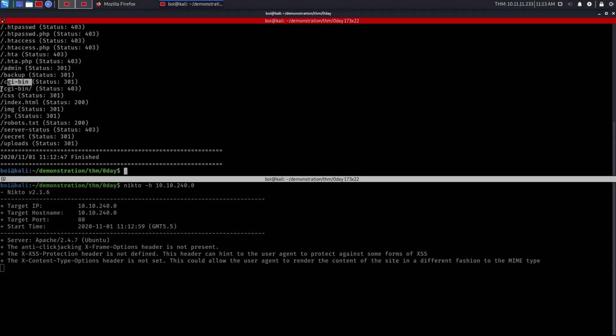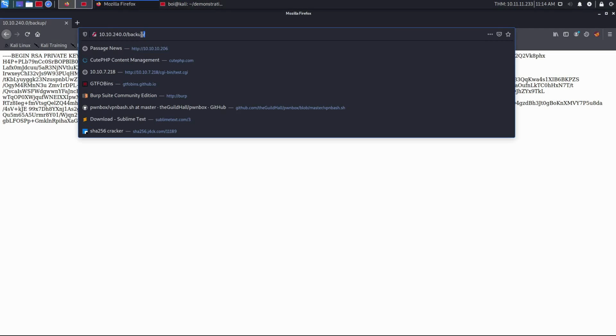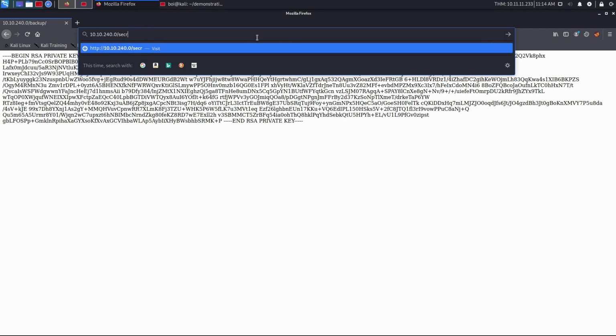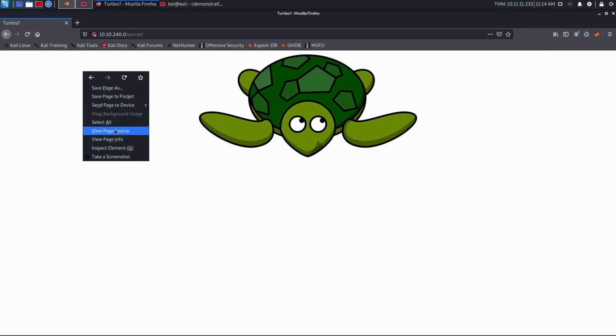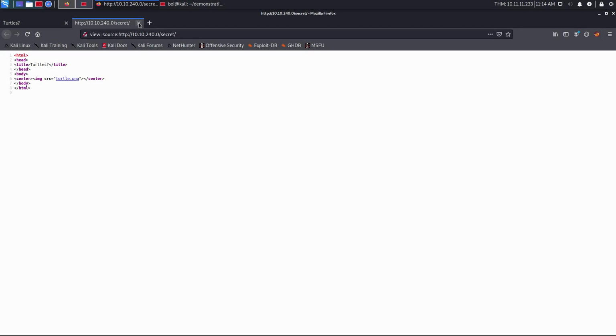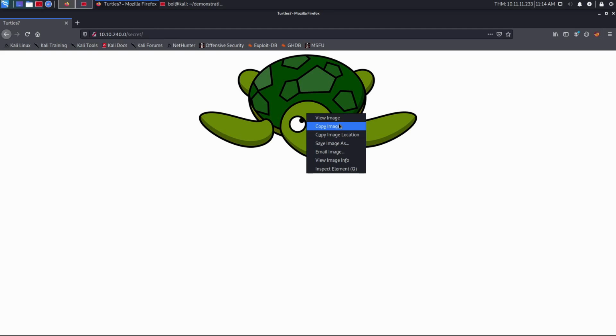We have cgi-bin, css, robots.txt. We already saw robots.txt. There's a directory called secret. This directory just has an image. I'll save this image.